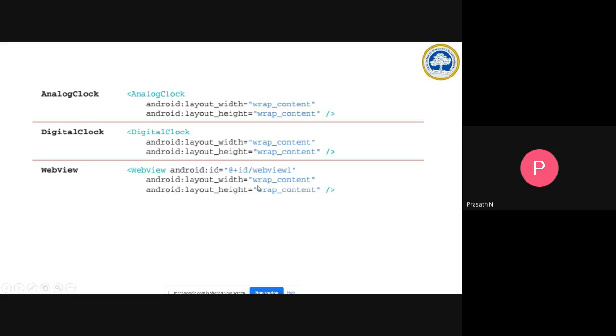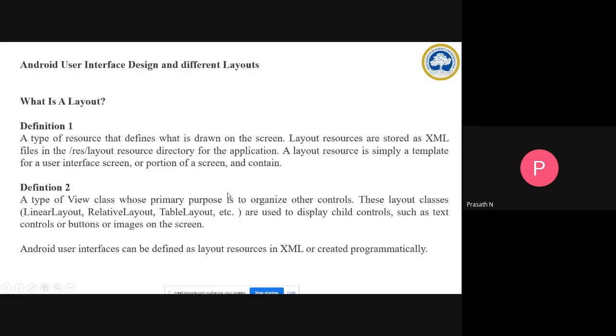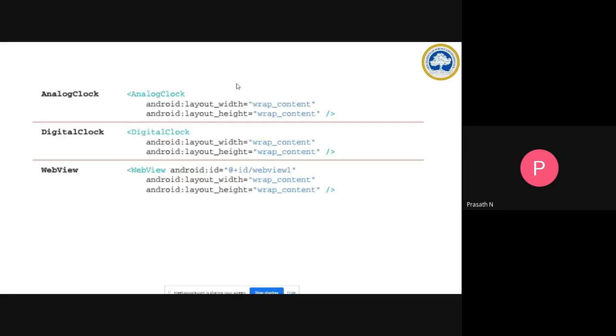Before we go to the next one, there is the user design and different layouts. Is there any doubt so far? As of now we see different views which can be added to your layout. So you are making your UI much richer. Your user interface should be much catchier